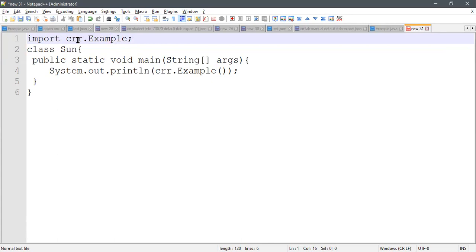Again I'm telling you, Java's performance is better. Here it goes there and gets only the class file, and it will be executed.